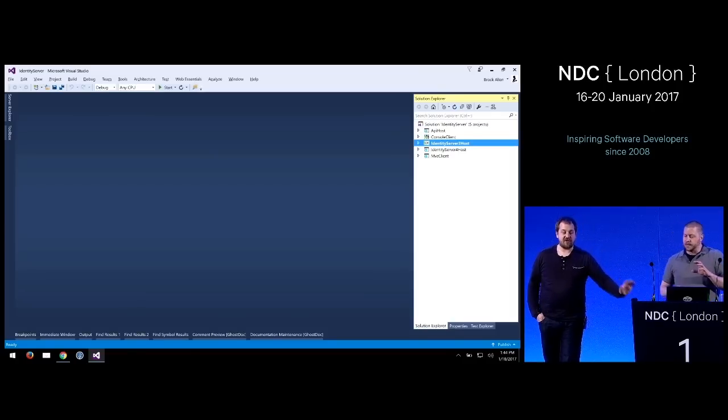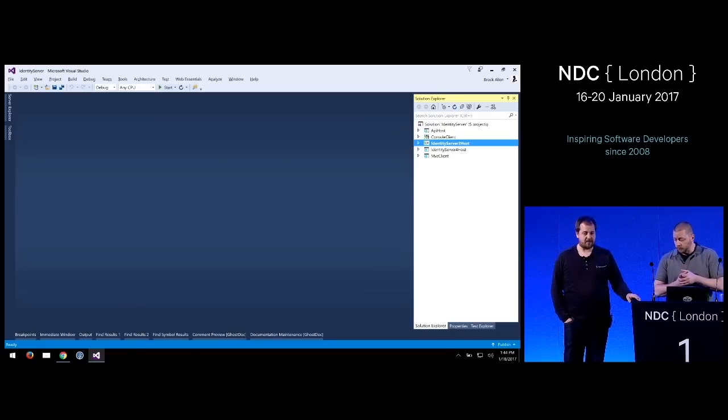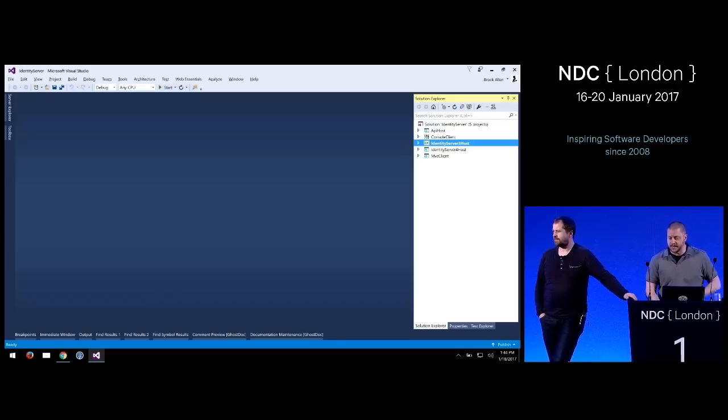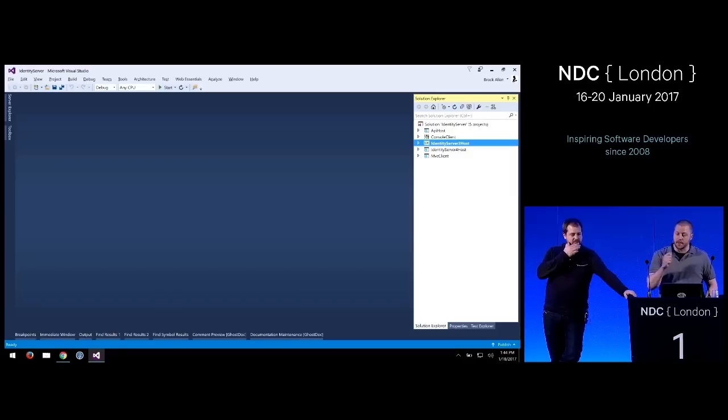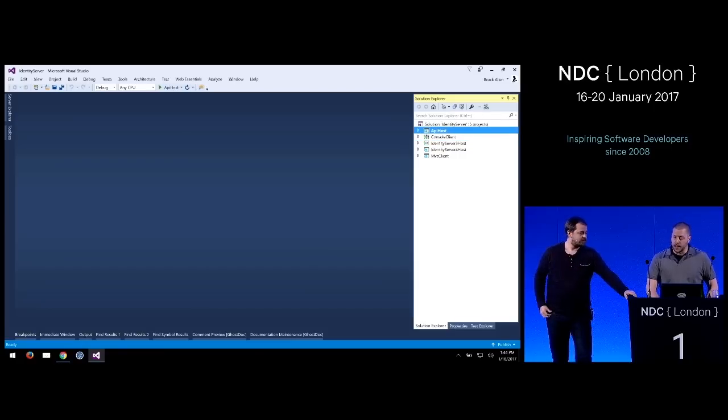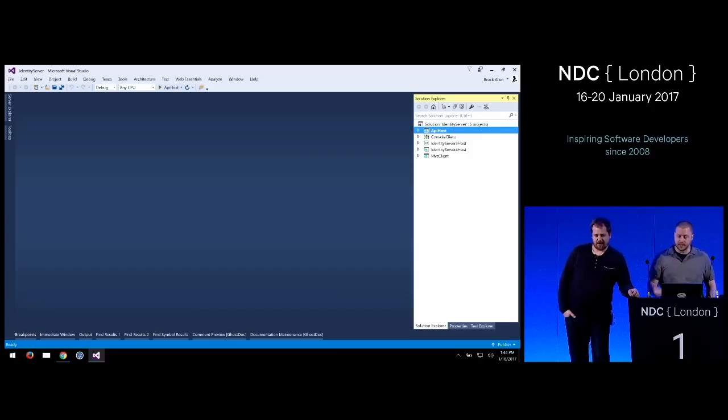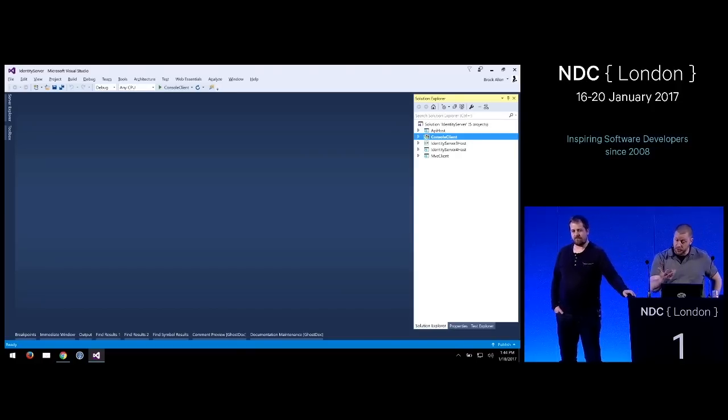So what we have is a little bit of... which is totally fine, by the way. Yeah, absolutely. So we have a little bit of a sample here, demonstrating that setup. What we have here is an IdentityServer 3 host, pretty bare bones, just to show you the basic moving parts. We have a web API that we're going to be invoking, and then we have a couple of applications, clients using that API. We have a console client that's simulating a server-to-server communication scenario. There's no human involved. You just need to call an API, but do it securely.